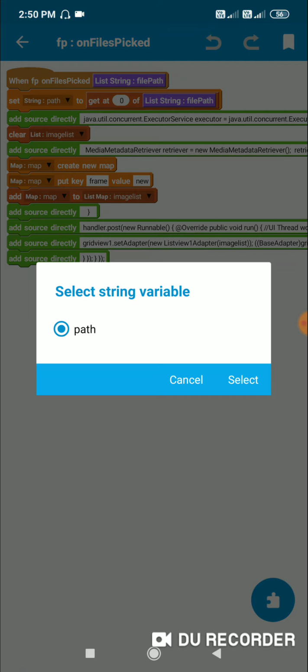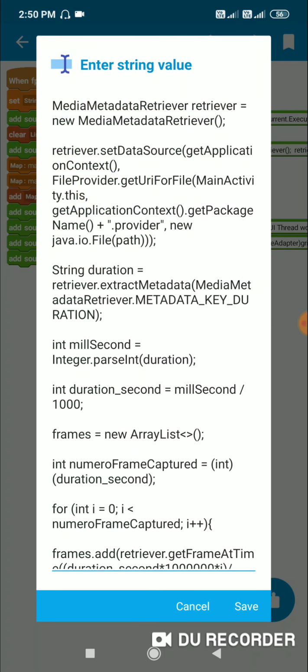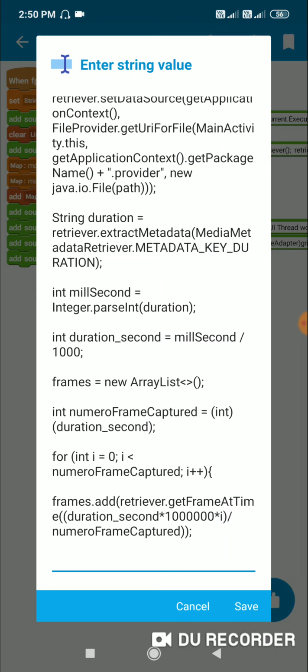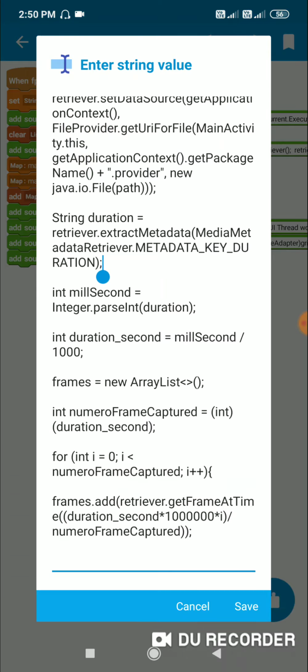Here I set the string variable path to get at 0 of listing file path, and after this I use media metadata retriever to get the duration of the video, and then for each second in the video I capture a frame using this code and add it to the array list bitmap frames.